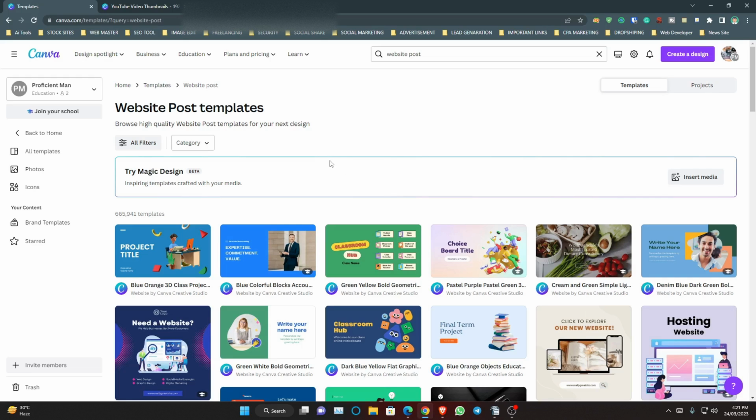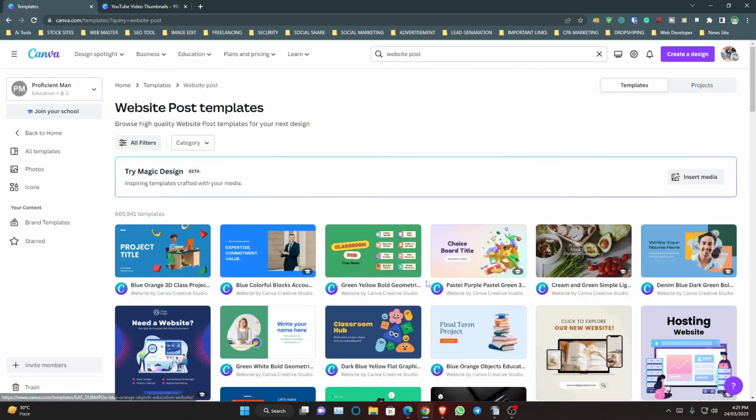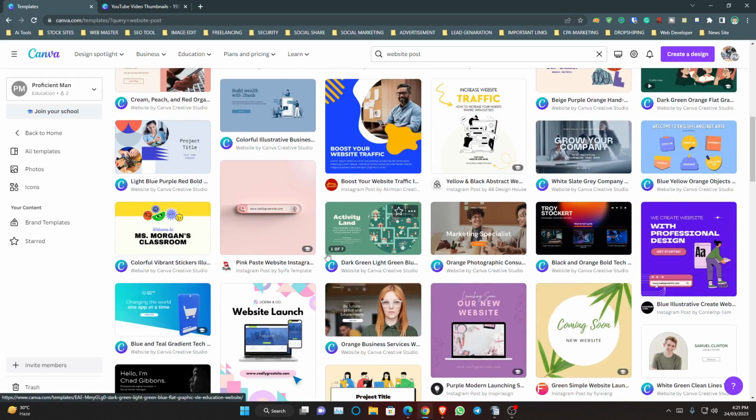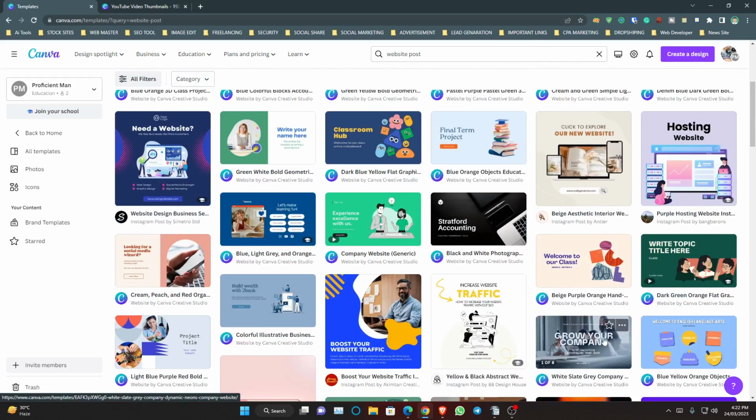Canva and you need to create an account on Canva to use it. So if you have created your account, then just go to Canva and log in, then search for website post and you will get lots of pre-created templates here and you can easily use them for free. If you want to use it, then just choose a post from here. Like I want to choose